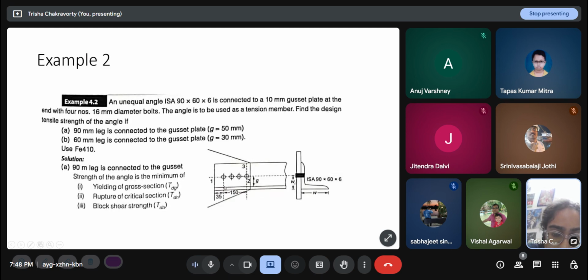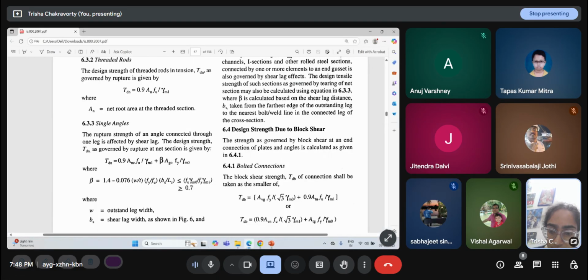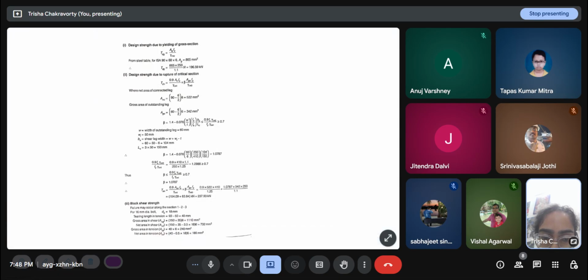This is the Lc, the length from the center of the end bolt to the center of the other end bolt. So that's 50 plus 50 plus 50 here. And so beta here is 1.0787. There is another criterion also given, that it has to be greater than 0.7 and lesser than the upper bound. In case beta comes less than 0.7 somewhere, we have to take the minimum 0.7. So this is what we are taking here. So Tdn, we put in all the values and we get 237.